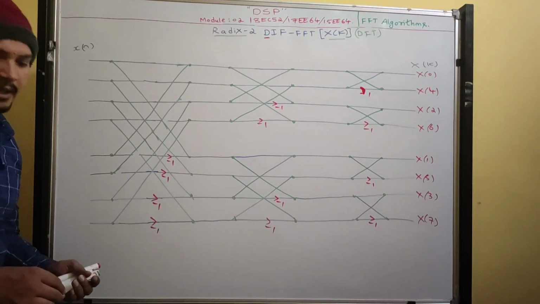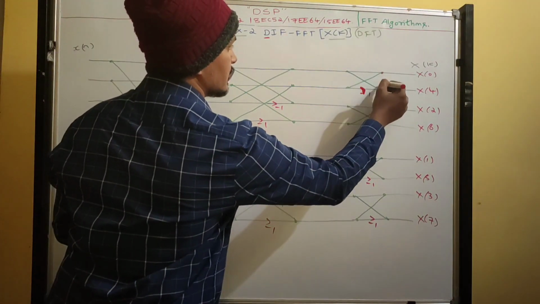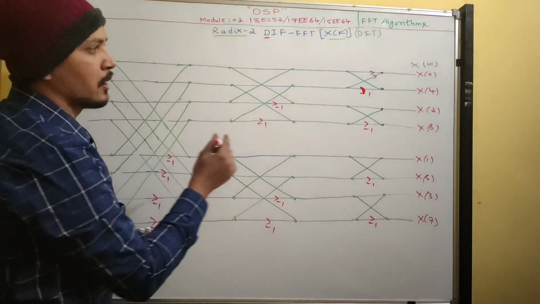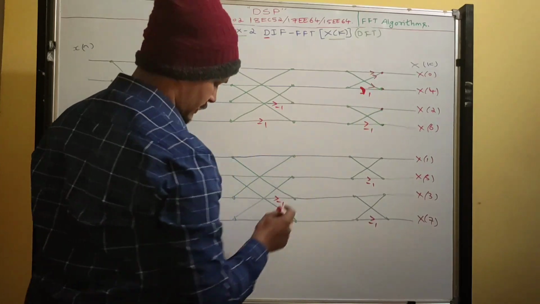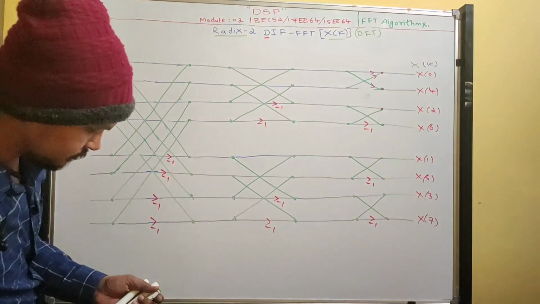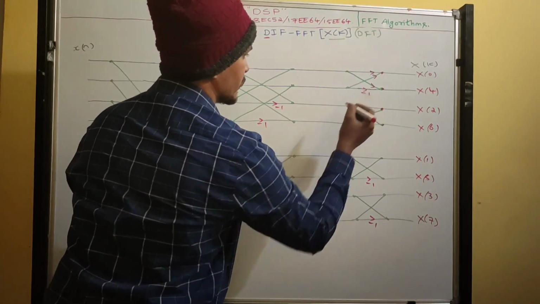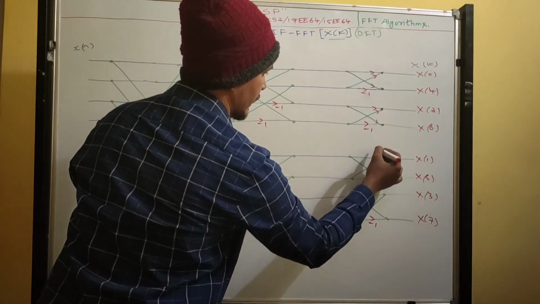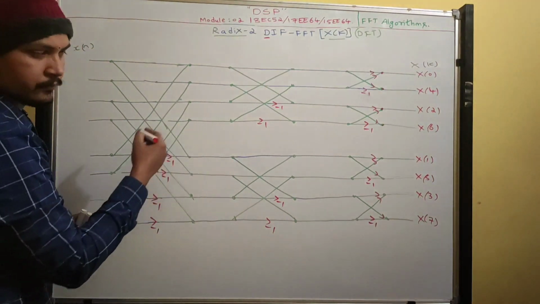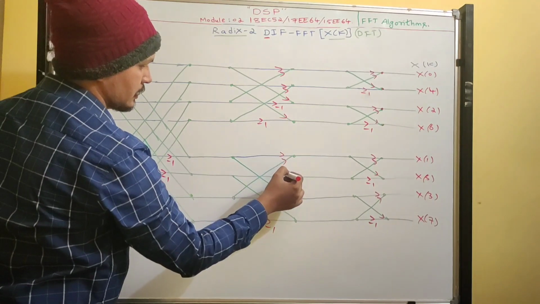Now, where to write twiddle factor? Before writing twiddle factor, okay, in these dots, you should write arrow mark entering to the dot. So arrow mark entering to the dot. So this is minus 1. Okay. So this will be minus 1. Arrow mark entering to the dots. In all, you write like that. Okay, arrow mark is entering to the dot.